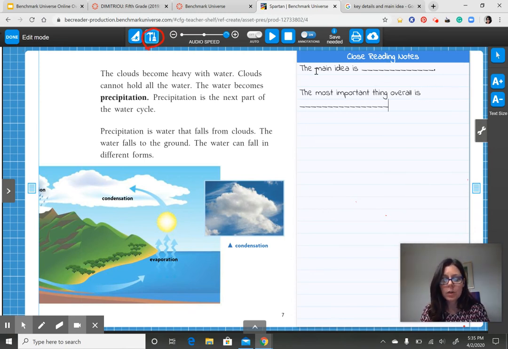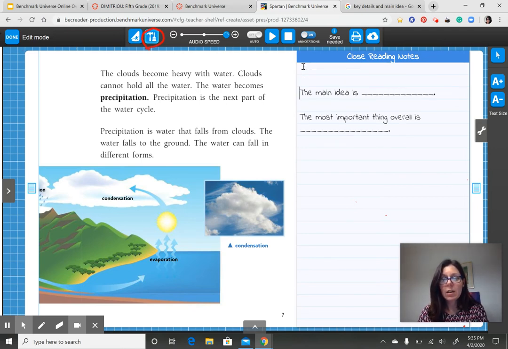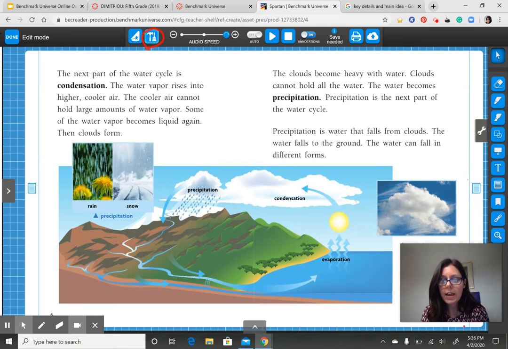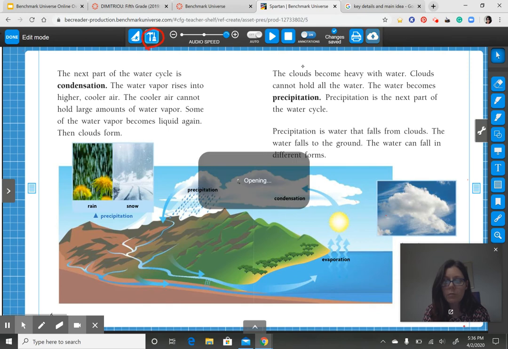Here are some sentence frames to get you started as you're doing, again, the main idea. Eventually, you're going to have to write the main idea. And things to keep in mind are you could have one main idea for the whole short ebook that you're reading. However, sometimes you're going to notice that there are headers. When you have multiple different headers, then you may have,